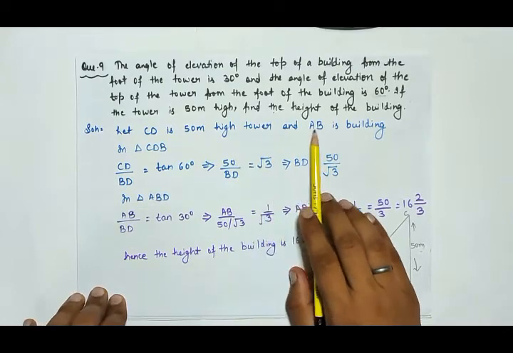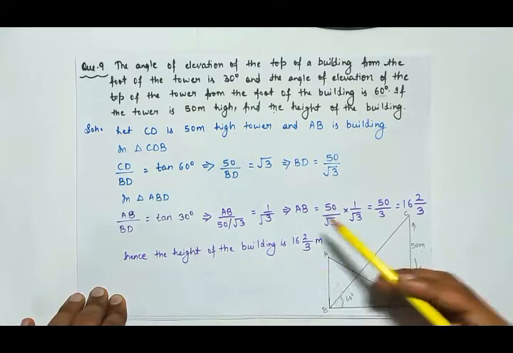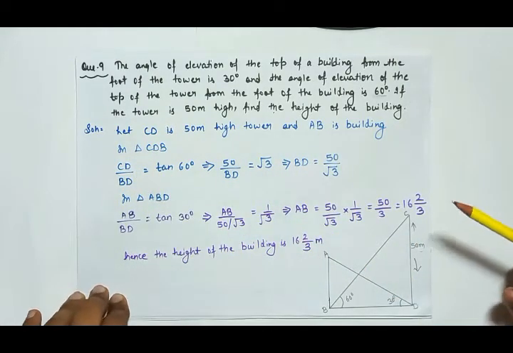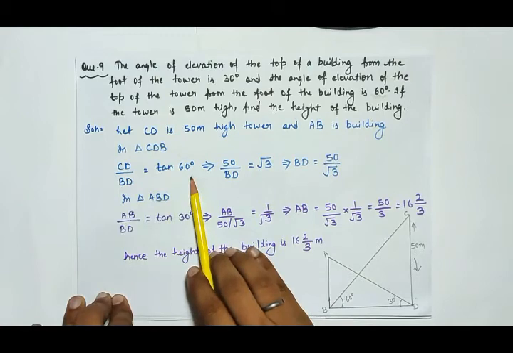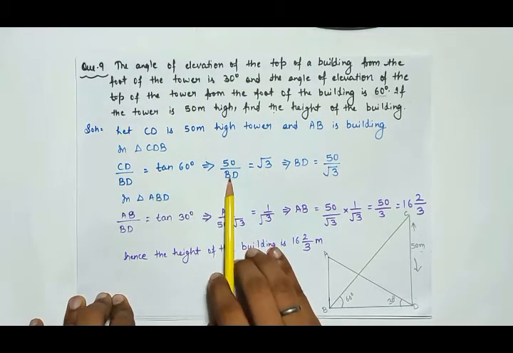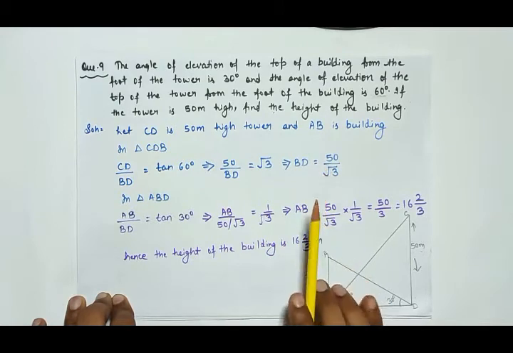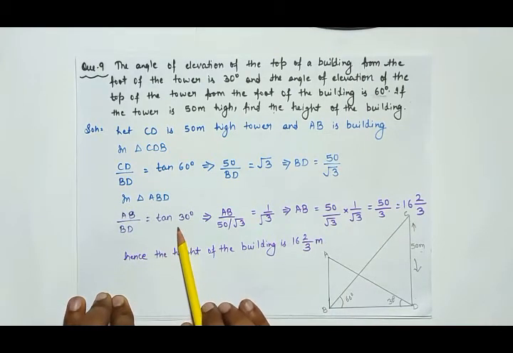high tower and AB is building. Let AB is a building. So let's come to triangle CDB. CD upon BD is equals to tan 60 degree. Now solve this. 50 upon BD is equals to root 3, so BD is equals to 50 upon root 3. In triangle ABD, AB upon BD is equals to tan 30 degree